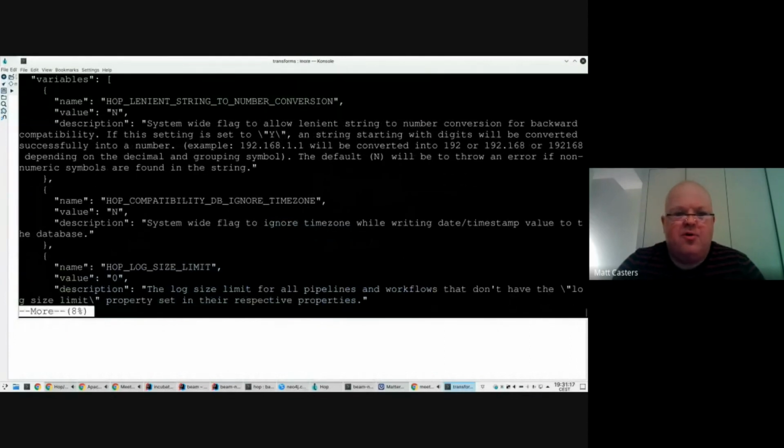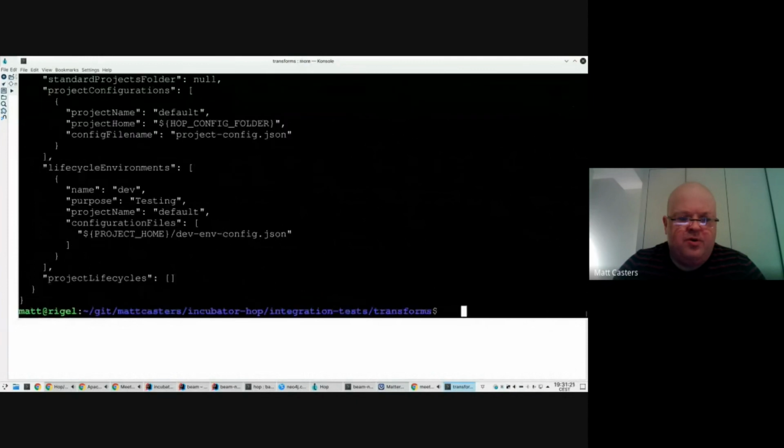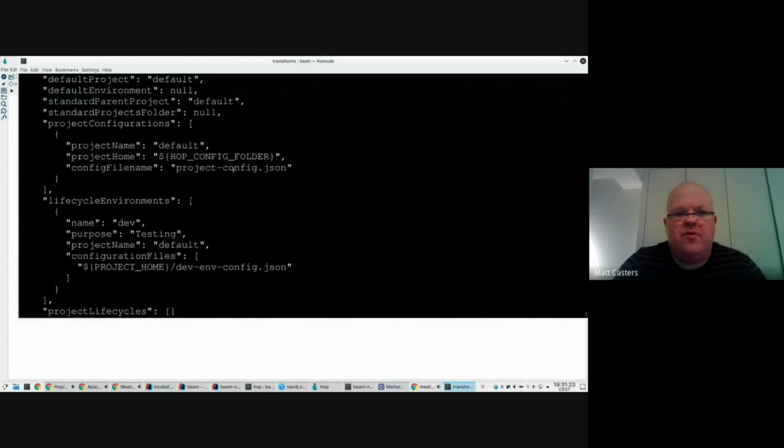folder, a hopconfig file in here. If you jump to the bottom here for a second, in that hopconfig file we just have one project, and the project home is the config folder, which is defined by a script that runs, and it's a default project. And the environment config file,